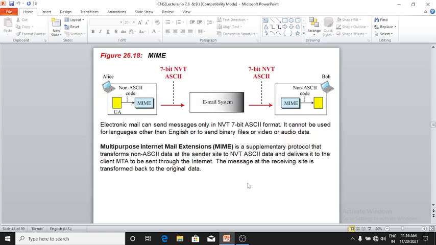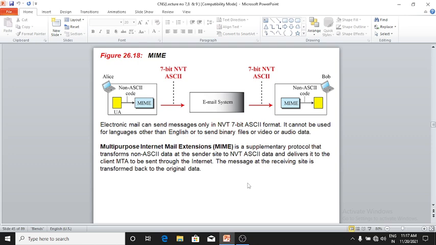Here is MIME. Electronic mail can send messages only in NVT 7-bit ASCII format. It cannot be used for languages other than English, or to send binary files or video or audio data.